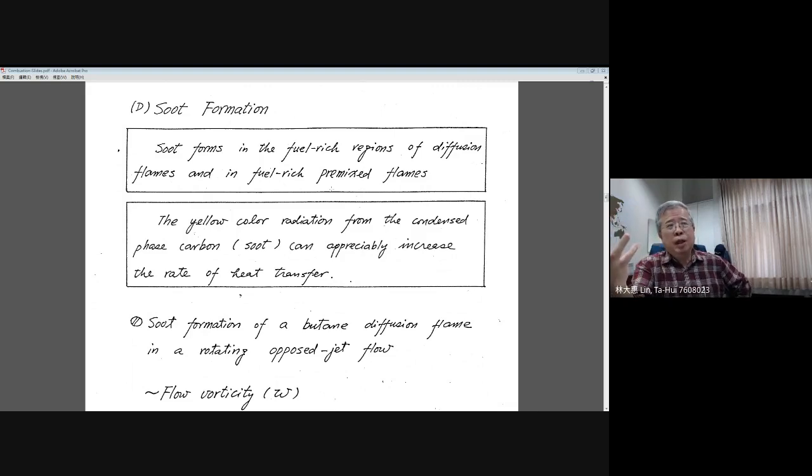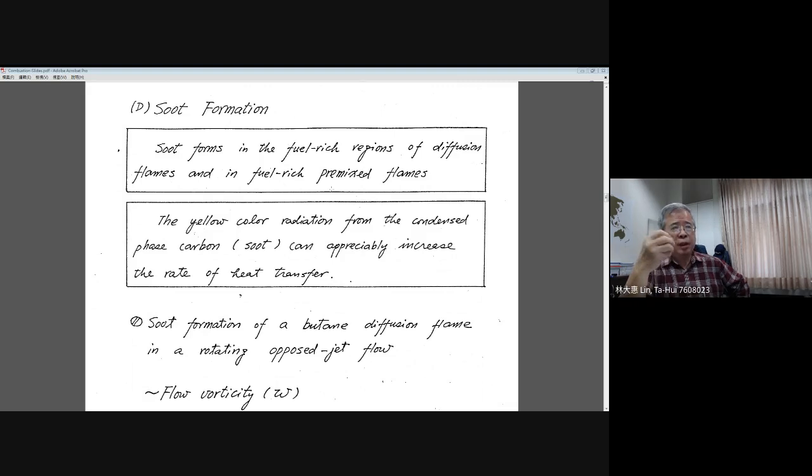But when you burn hydrogen, you will produce water as the major product, right? But actually, water, H2O, is one of the so-called greenhouse species, right? And it can even have a stronger influence compared with the carbon-hydrogen